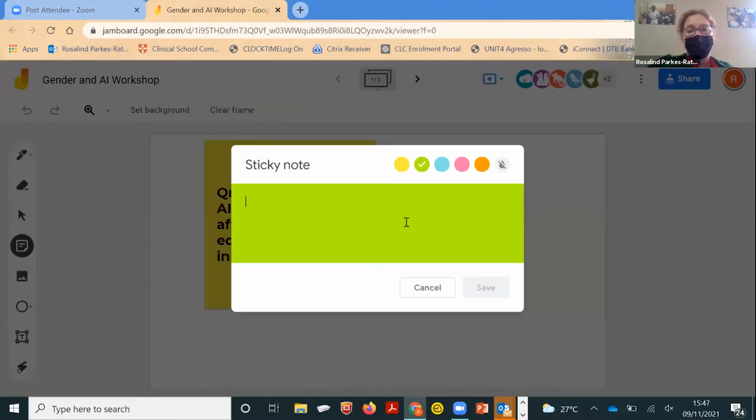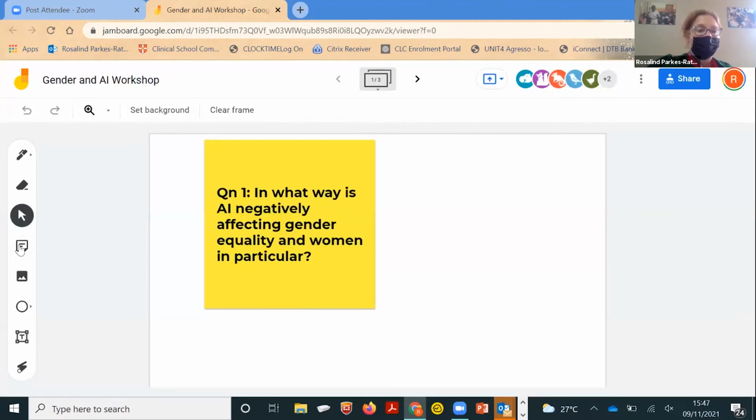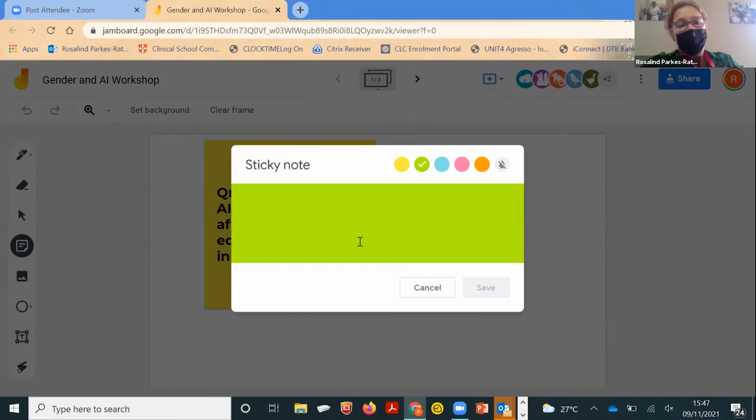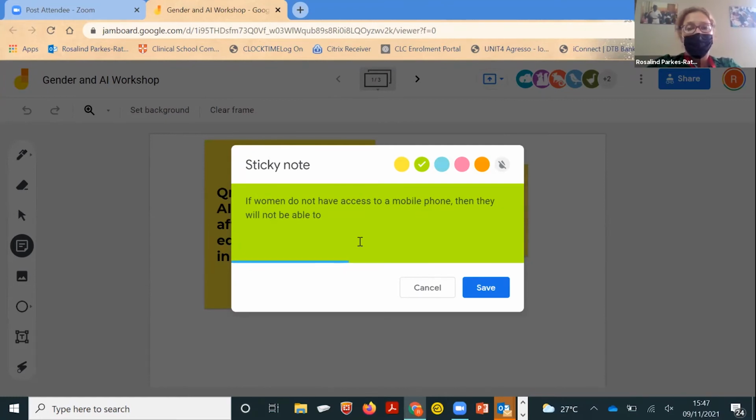So I'm going to get my sticky note, and the question is, in what way can AI negatively affect gender equality? I'm just thinking in terms of the Call for Life project. If women do not have access to a mobile phone, then they will not be able to use the system. Therefore, when we use the data,